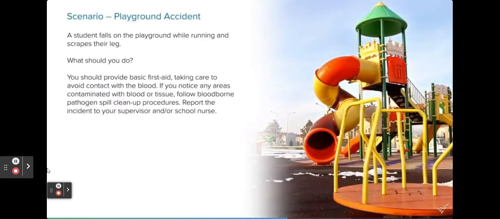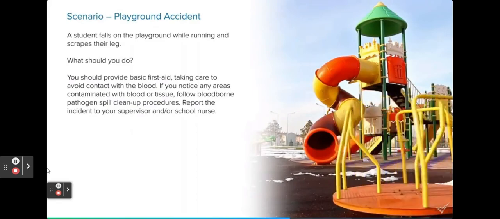Now that you are familiar with the bloodborne spill cleanup procedures and how to protect yourself, let's go through a couple of